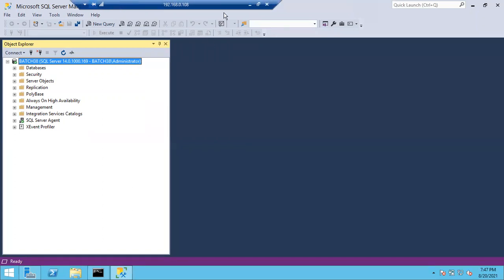Okay, so final question: what is the query to take the backup of the database? I want to take the full backup of the database. What is the query? Backup database name to disk equals file path name dot .bak. Okay. So what is meant by media set and backup set? Single file is called a backup set, and collection of backup sets is a media set.